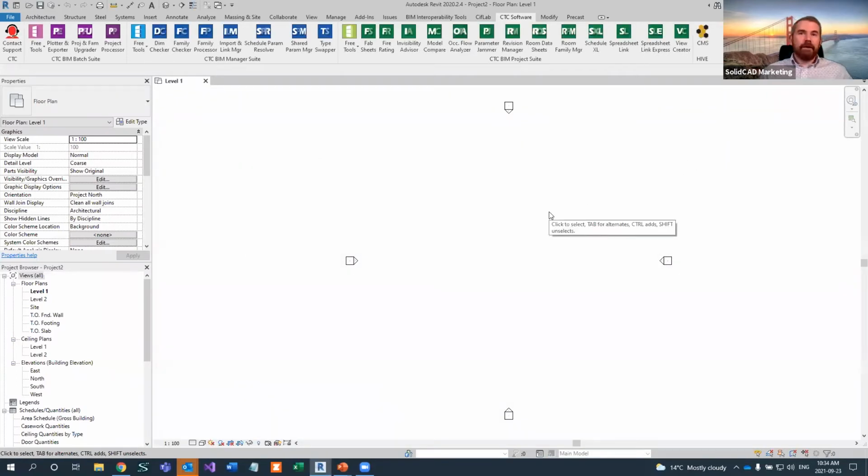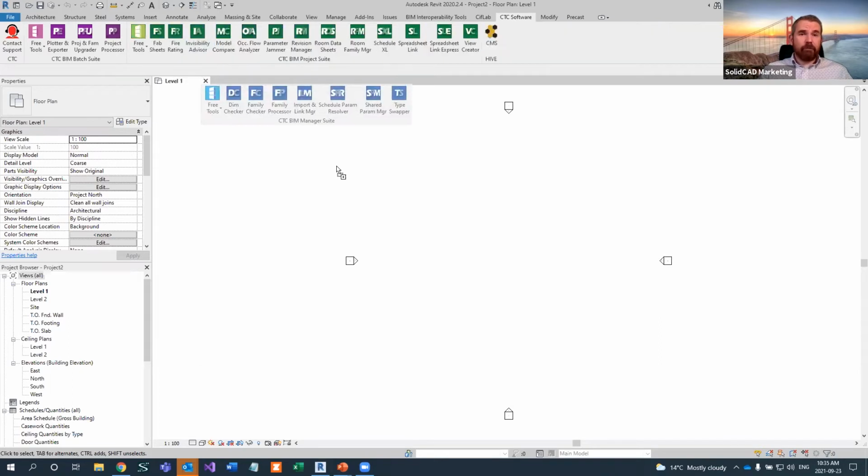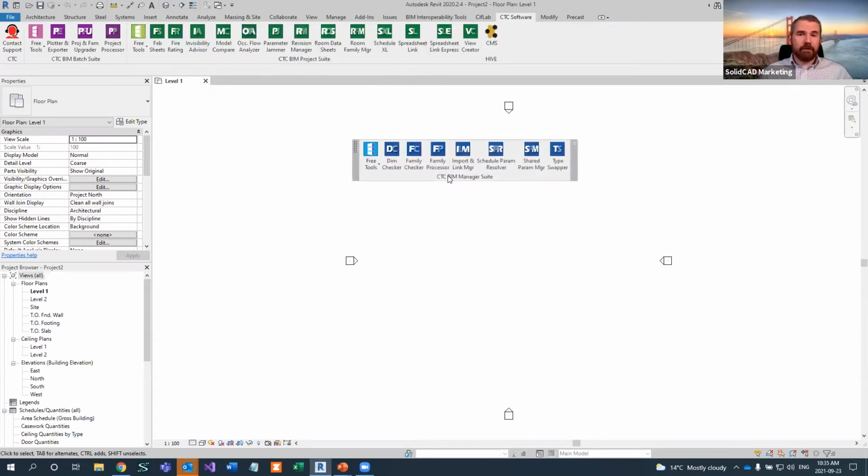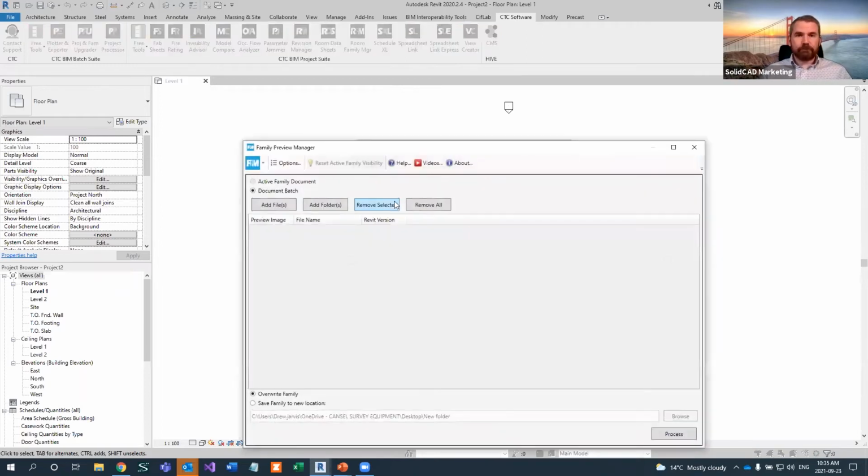Okay, so first of all, here's my CTC software ribbon. On here, you'll see that I've got the different suites installed, and one of them that we're going to be focusing on today is going to be the BIM Manager Suite. On the left-hand side here, I've got my free tools, and this is where I'll find my Family Preview Manager. So if I open up the tool,